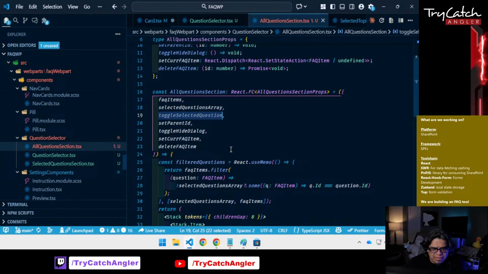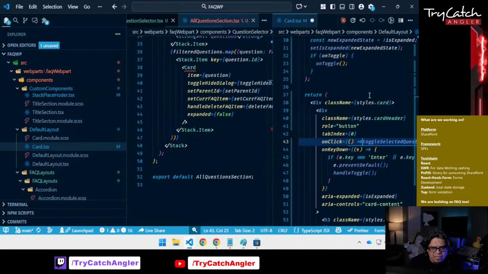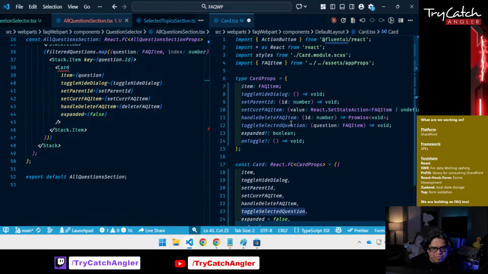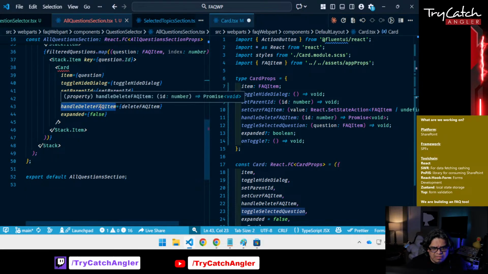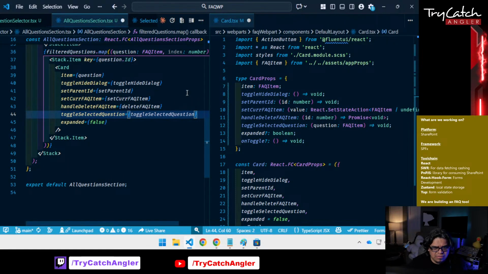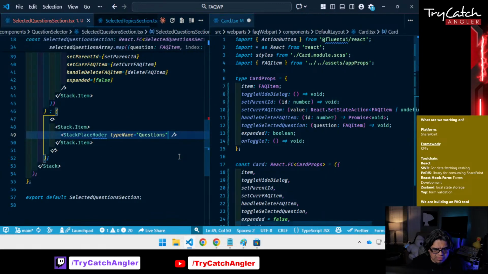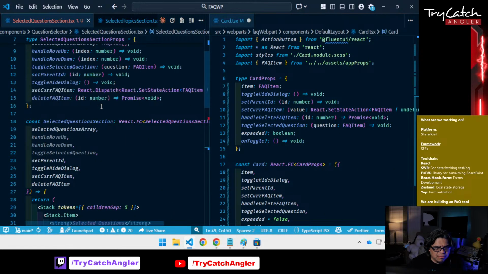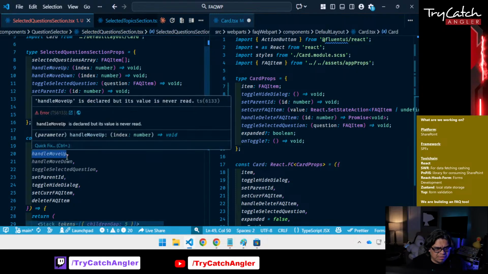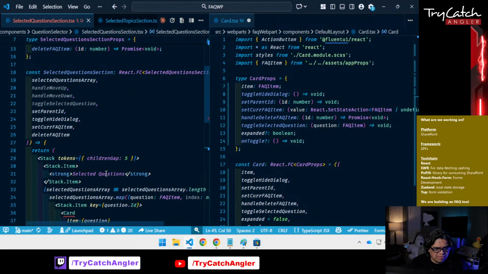Okay, so now in the all questions, let's put our card to the side. And so card needs item, toggle hide dialog, set parent ID, set current FAQ item, handle delete, and then we need to have toggle selected question, and we need to do the same thing for the selected questions. So here, let's make sure that this is correct. Selected question array, handle move up, move down, toggle selected question, set parent ID. It looks like everything's in order there,